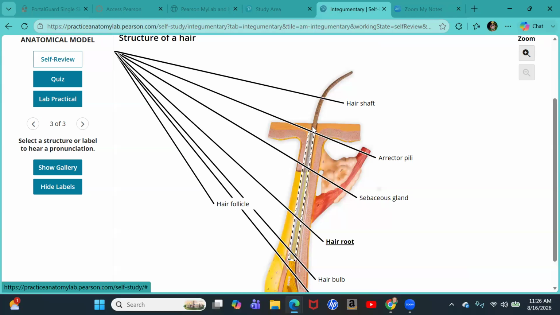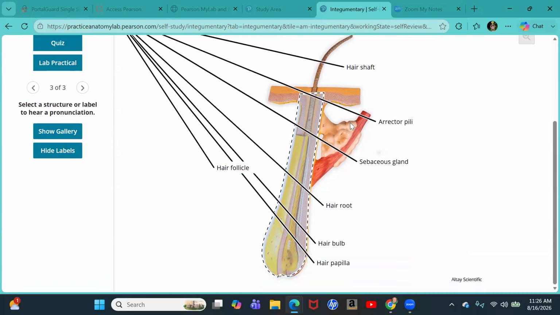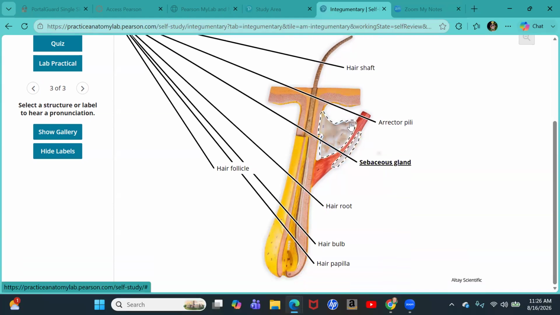Below that, the hair actually originates here from the root. So this is the part of the hair that is embedded within the dermis. And actually, if you look real close, you see how the shaft and the root are keratinized epithelial cells, and you have